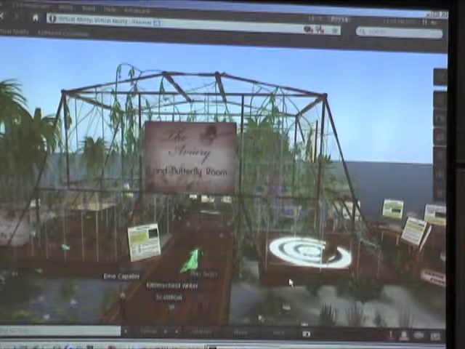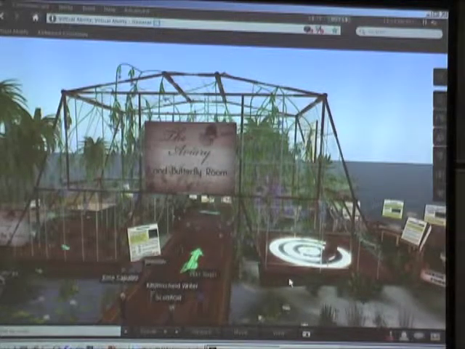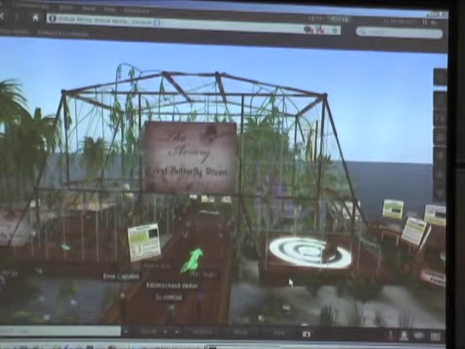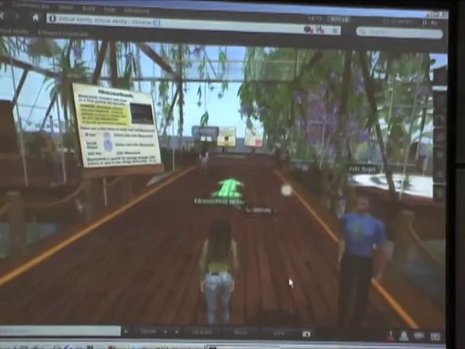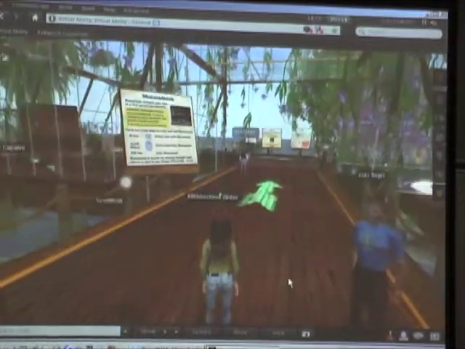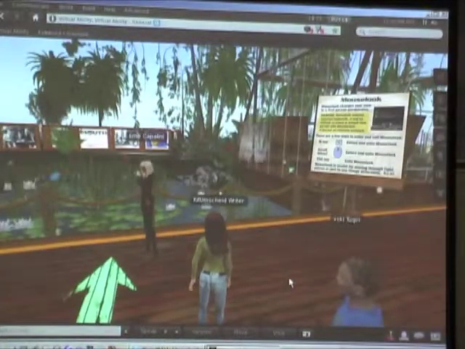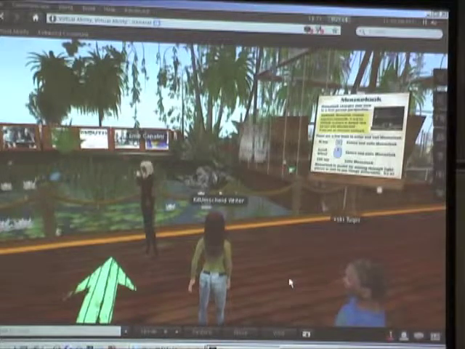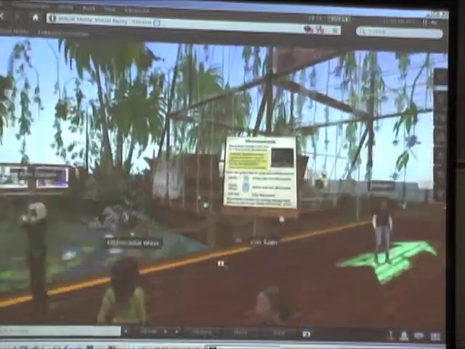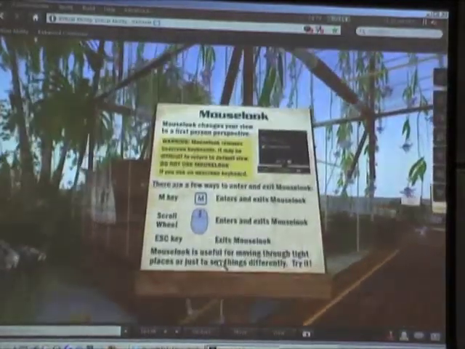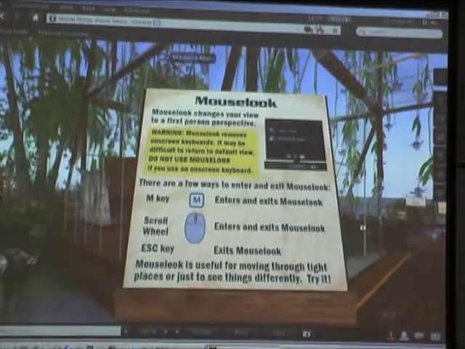Obviously you have to learn how to walk first, but I think you made a good choice with the camera controls. Yeah, I think so. And the designers that were helping us came up with this idea of using the butterflies to be able to get the reward. So I thought that was just so wonderful. And again, we try to integrate it into the look and feel of the island.